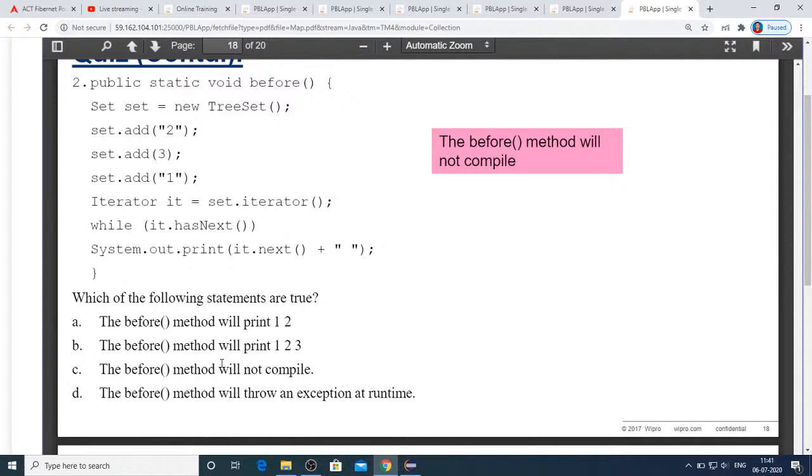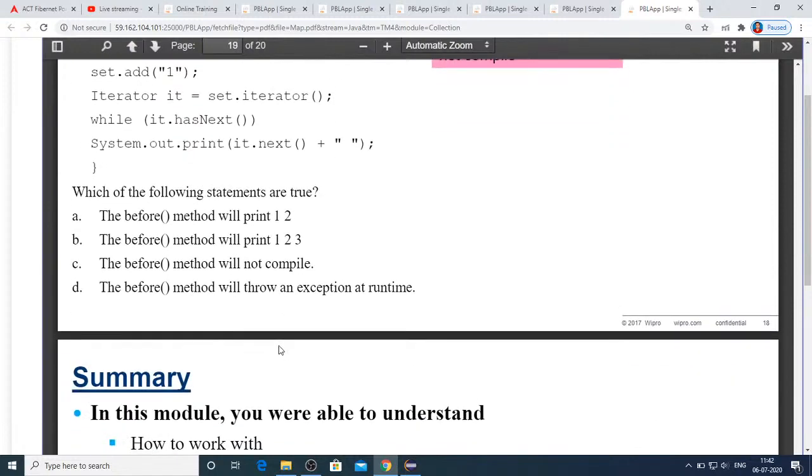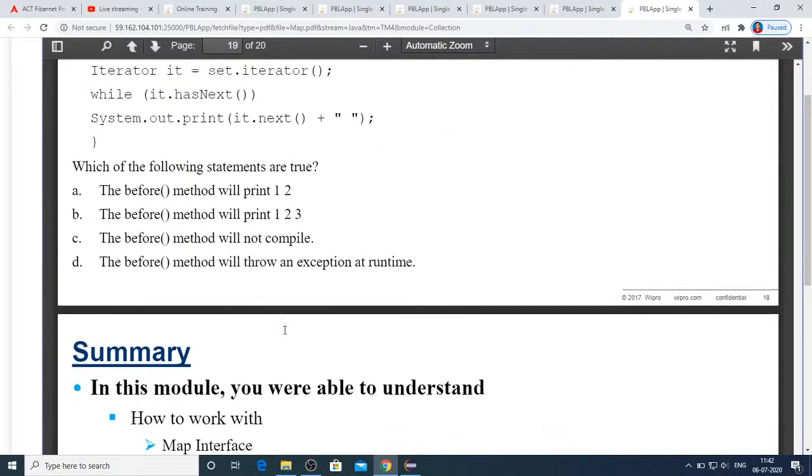But when you are trying to print it, what happens is this: it dot next is there now. So the first item, when it prints a string, by default expects the next items to be string type. Since there is an integer, it will tell you integer cannot be cast to string. It will throw this error at runtime, not at compile time. So it will compile fine. That's it with regard to this.